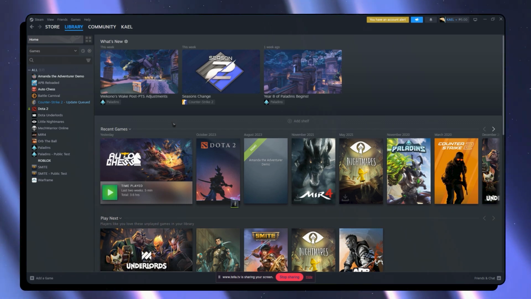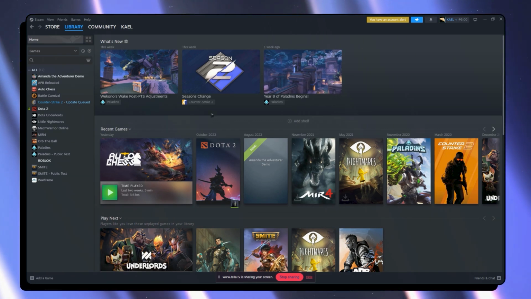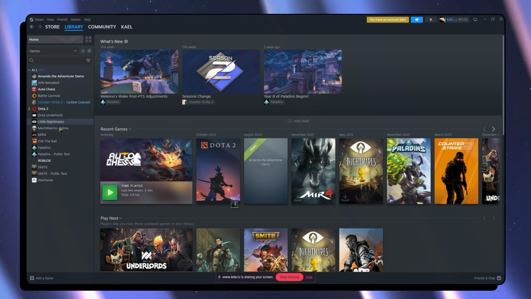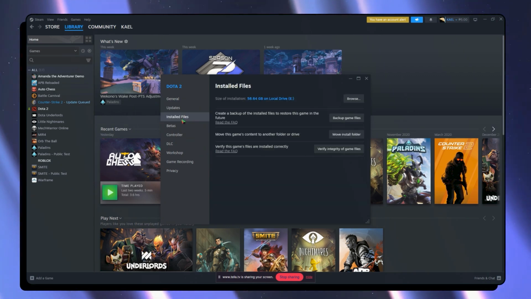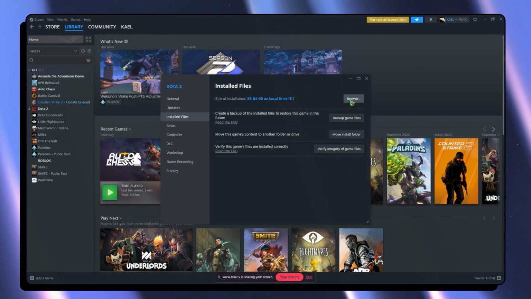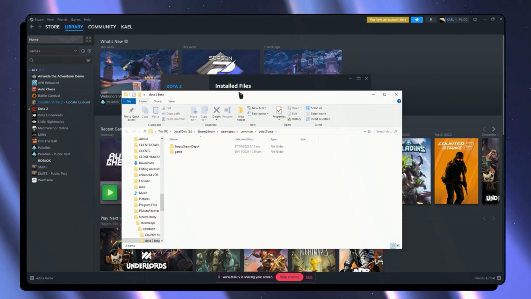we would basically need to log into our account first and go into the Steam app, and from here you want to select any game right here. For example, this one, right click on it, click on properties, and then from here you want to go into the installed files and click on browse, and then this folder right here would show up, and from